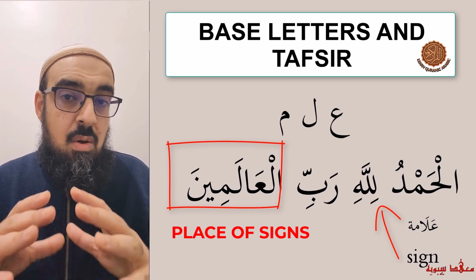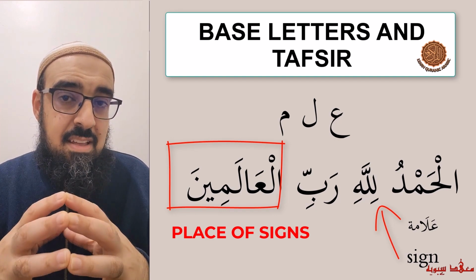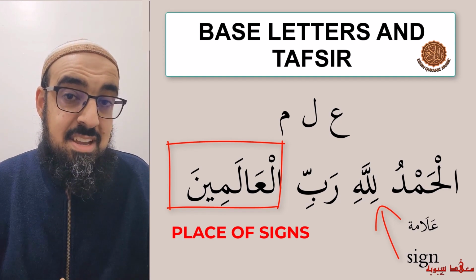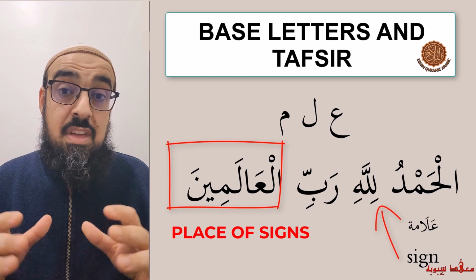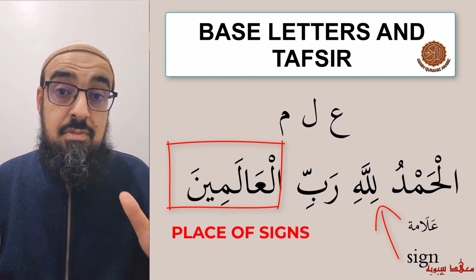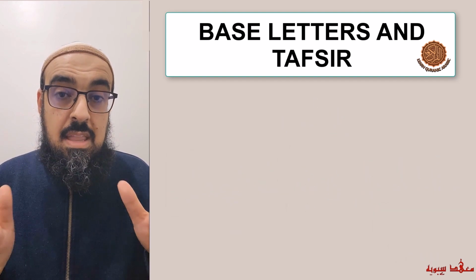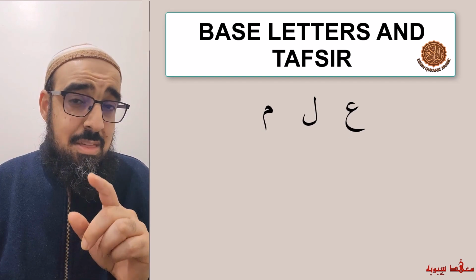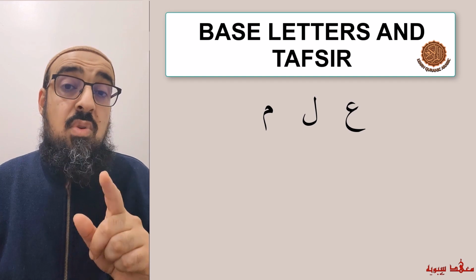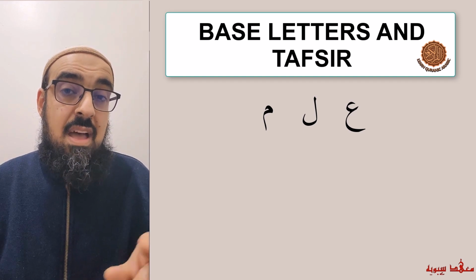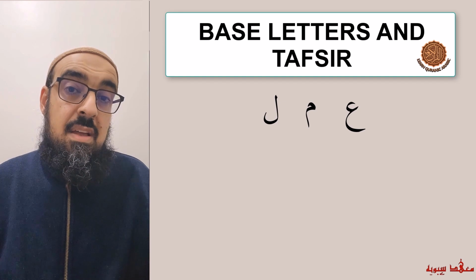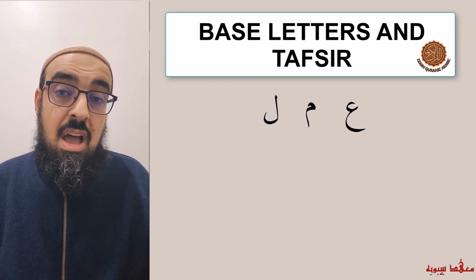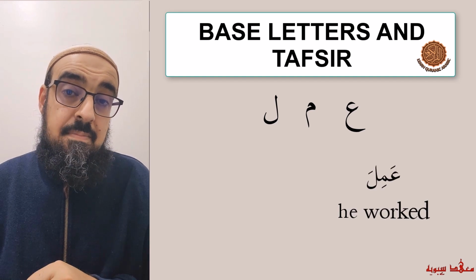Okay, so you see how much meaning we get from just that three base letter. And I could have spoken much longer on that particular concept. We know that words are made from three base letters. Now what's interesting with these three base letters is that we can rearrange them. So instead of alima, we get amila. So there's a change in position of the mim and the lam. So alima changes to amila.